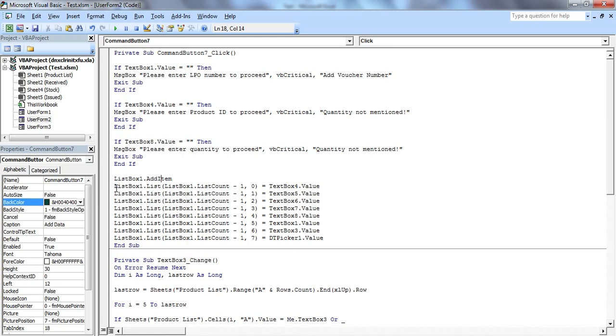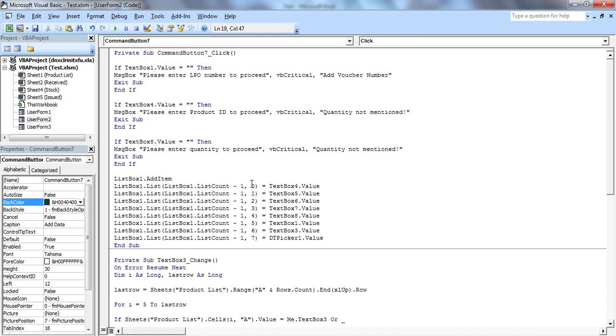For that, ListBox1.List(ListBox1.ListCount - 1, 0) is equal to TextBox4.Value. What will happen is, whatever the value in TextBox4, it will add in ListBox1